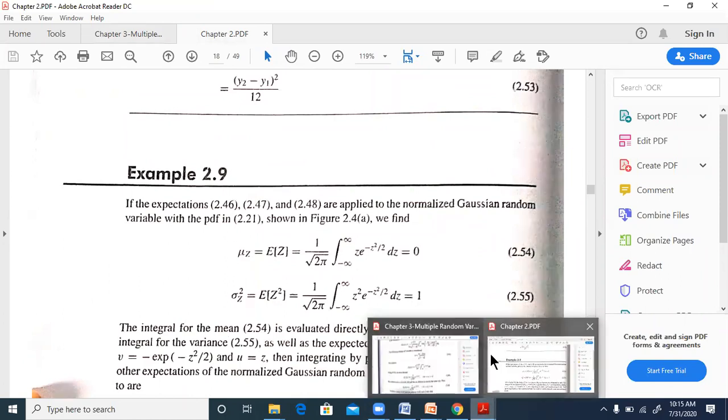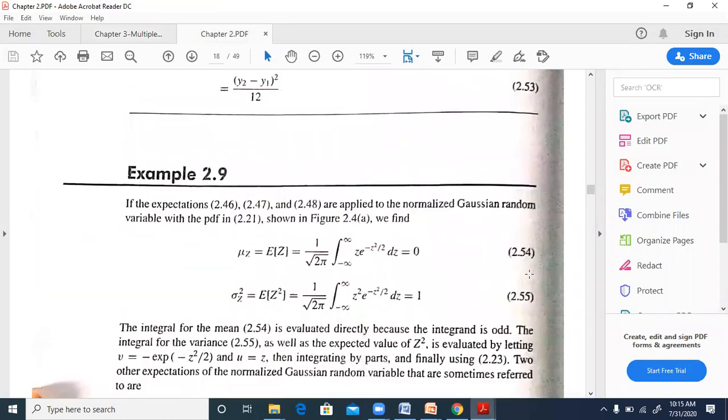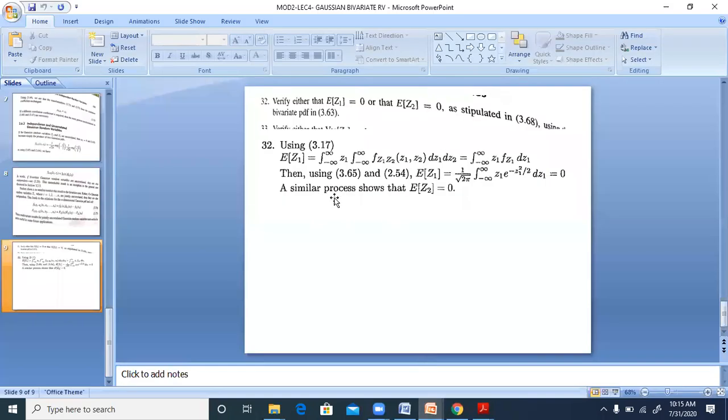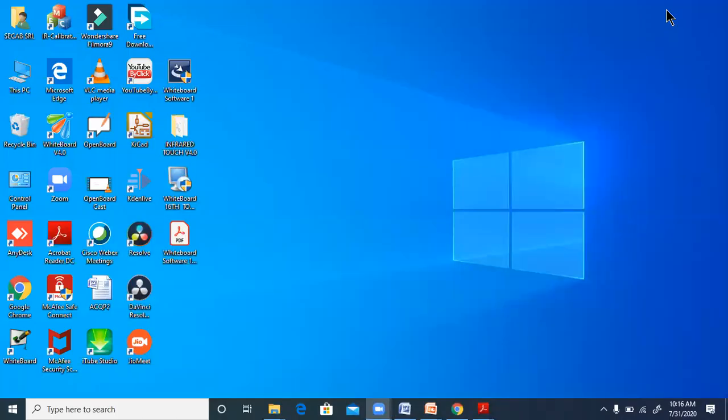So in the same way, we need to consider it for the y also. That means again, for x or for z or for y, whatever is the variable, this quantity should turn out to be 0 over here. And that is to be used in the next one also to get the solution for E of z equal to 0. So then we will go for the next problem,